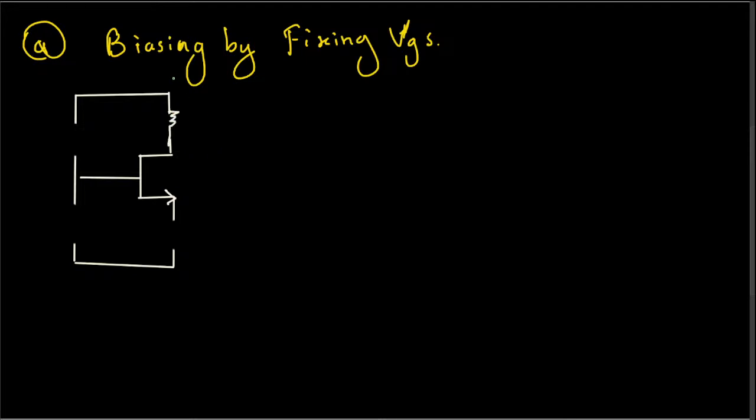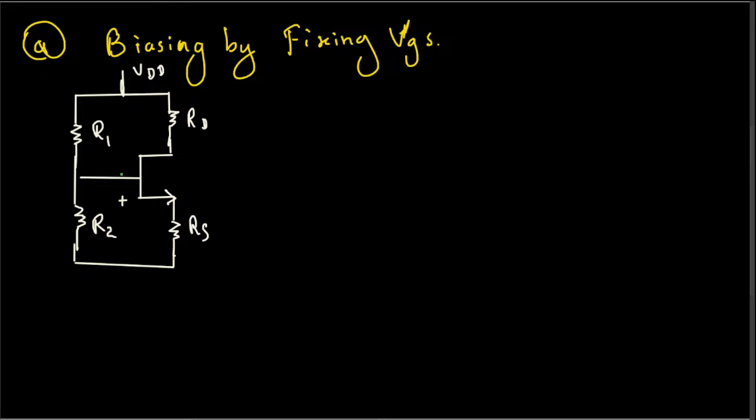This is the drain for the MOSFET, and whatever comes from top is a VDD, and here this is the drain resistance RD, and this one is source resistance, this is RS, and then here we have the voltage divider resistance, that is R1 and R2,